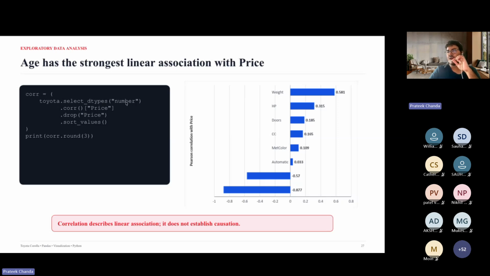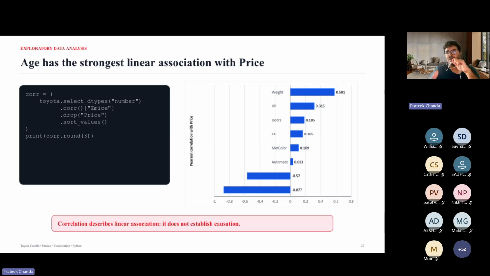That means all the columns with numerical dtype, only those features we are considering. And for that, I want to correlate with the price. So I first select all the columns which are numerical types, and then I add dot corr, which basically means the correlation function, with the corresponding column price.